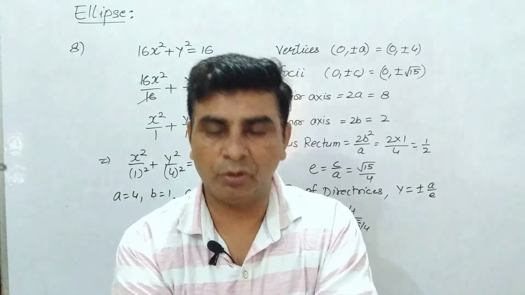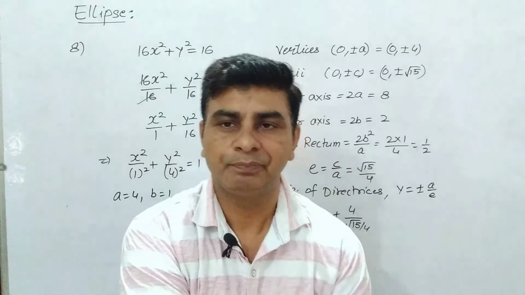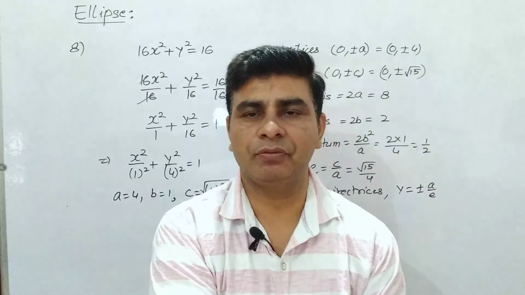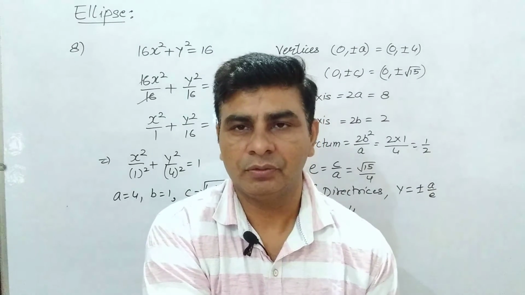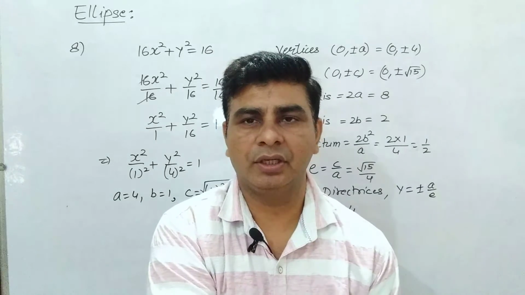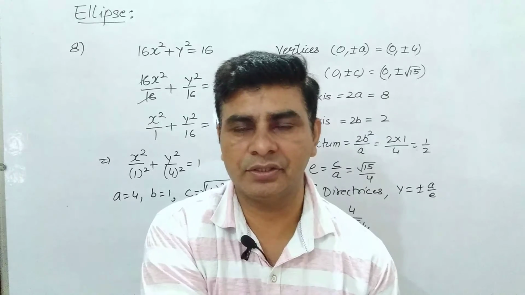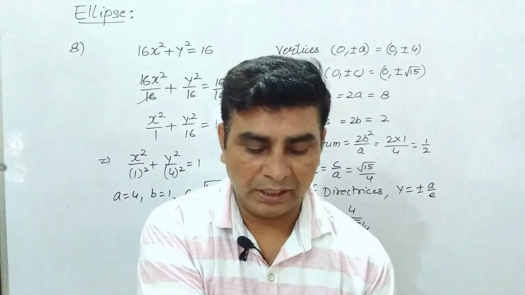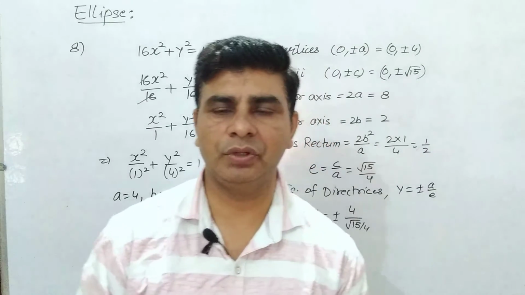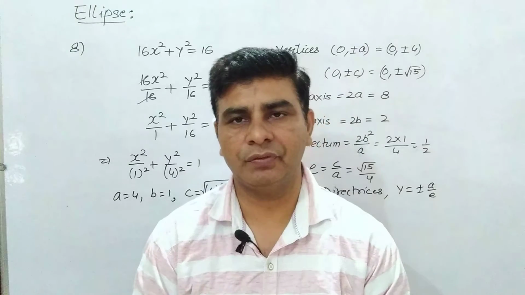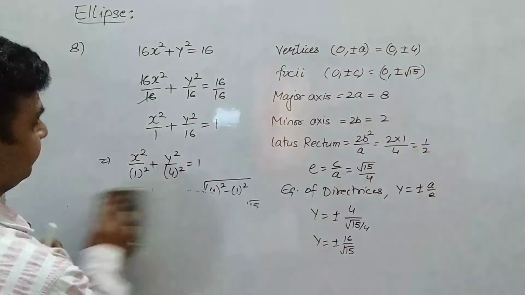देखिए बच्चों, अभी तक हम लोगों ने जो 9 क्वेश्चन किए हैं, इनके अंदर हमें क्या था कि इक्वेशन ऑफ एलिप्स गिवन है, उनको पहले आइडेंटिफाई करना है कि विच टाइप ऑफ एलिप्स इक्वेशन इज गिवन टू यू, एंड देन वी विल नीड टू फाइंड द फोकाई, वर्टिसेस, length of latus rectum, length of minor axis, length of major axis, equation of directrices, and eccentricity as well. But now we are given with certain conditions. हमें कुछ conditions मिलेंगी, उन condition को use करते हुए we have to just write down the equation of ellipse. So let me do the question number 10 for this one.